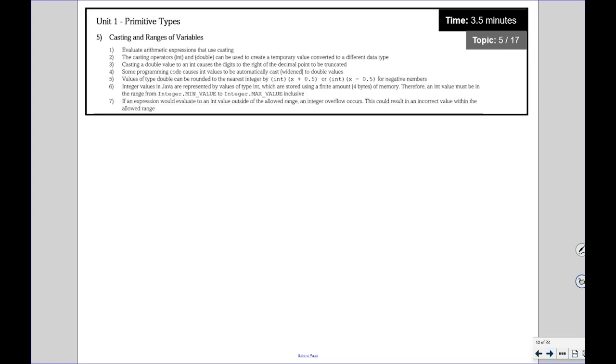Topic 5. We got to pick up the pace here. I think I'm a little over some of the times on this. Evaluate arithmetic expression using casting. Thank you, Cam, for bringing this up. So we've already talked about that. So